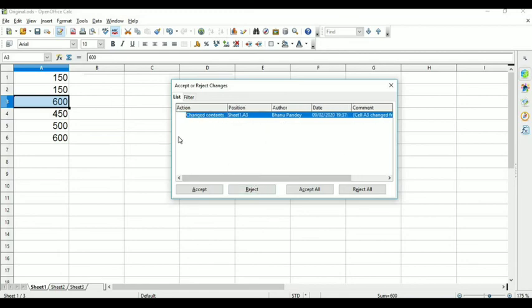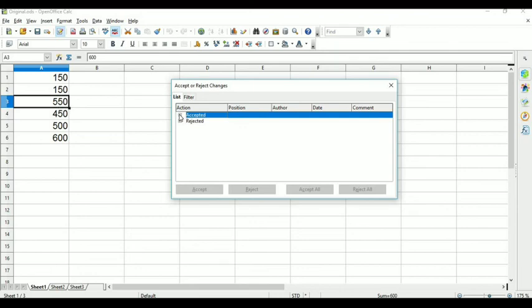And then if you want to keep this change, click on Accept. Suppose that you want to reject, you don't want to save this modification, click on Reject. If there is more than one change, click Accept if you want to keep, otherwise click on Reject All option. So this time I don't want to save this change, so click on Reject. Once you click Reject, you will see the change here. Now it gets back from 600 to 550, its original position.